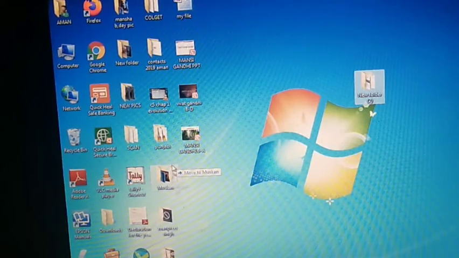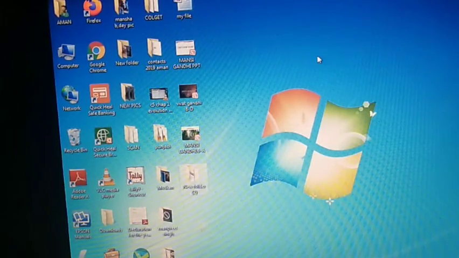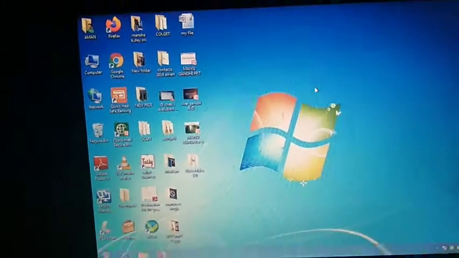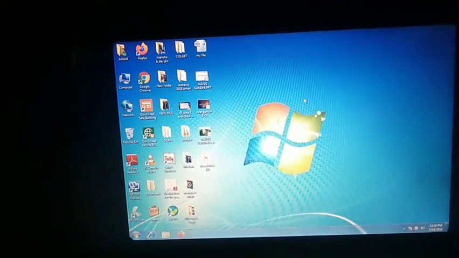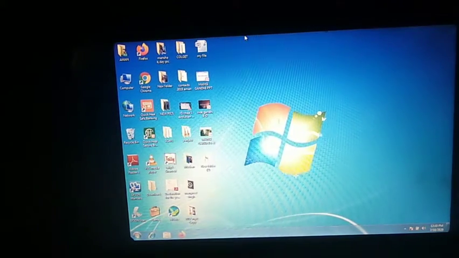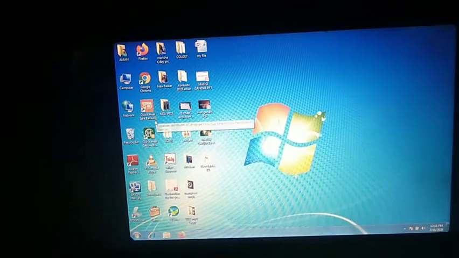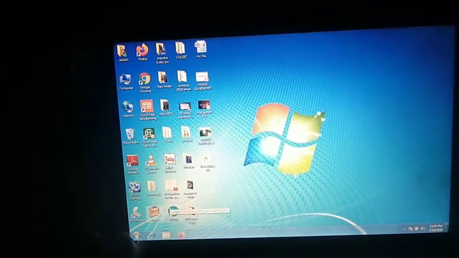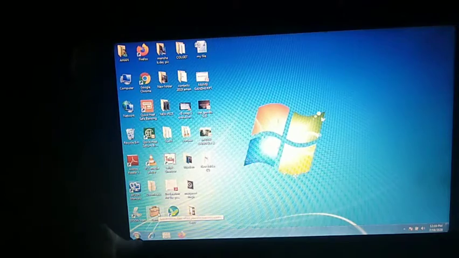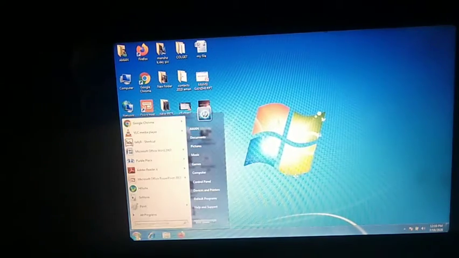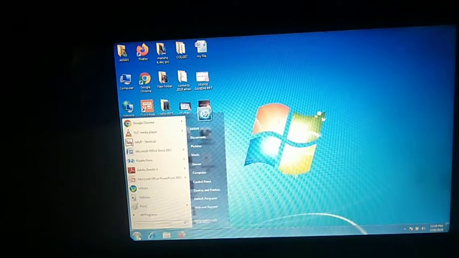After that, our next topic is how to open Windows Explorer. So what is the first step to open Windows Explorer? Means how will we open Windows Explorer, son? See, first of all we go on the start button. Where is our start button? Bottom left corner, means on the left corner is our start button. We'll go on the start button first. Our first step is to click on the start button.